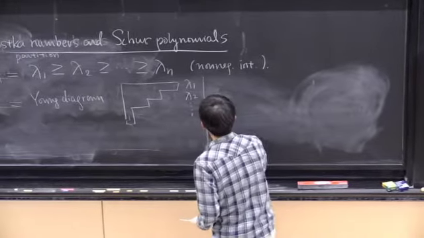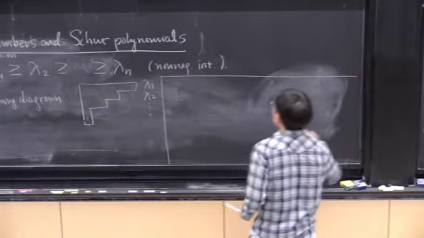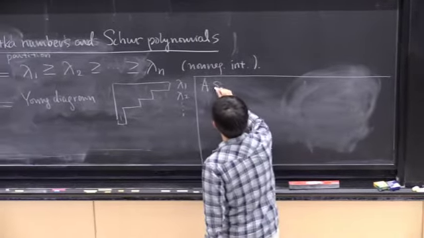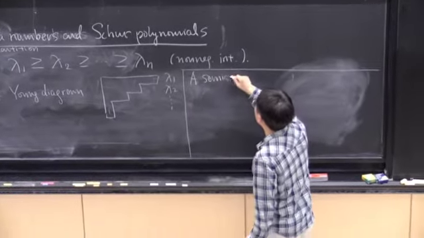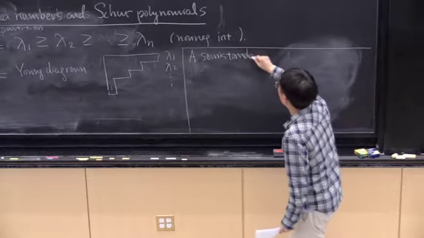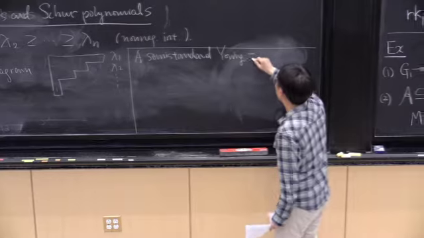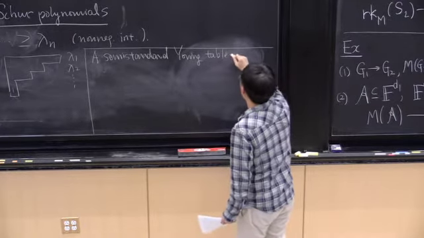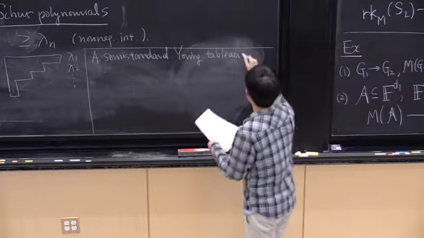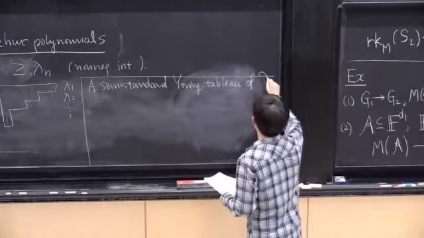And define a semi-standard Young tableau, say of shape lambda,